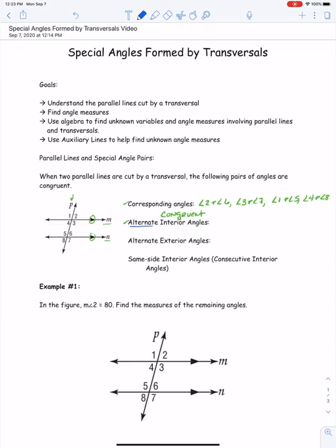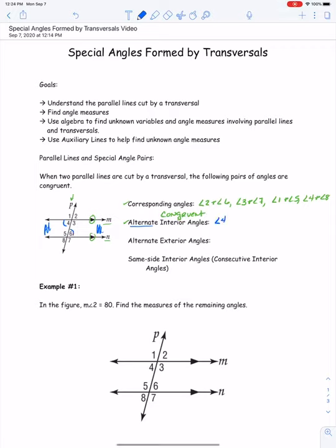They're interior, so they're going to be inside our two parallel lines. Okay, so we want to look for opposite angles. So angles that are opposite the transversals and inside the parallel lines. So our very first alternate interior angles are 4 and 6. So we know angle 4 and angle 6